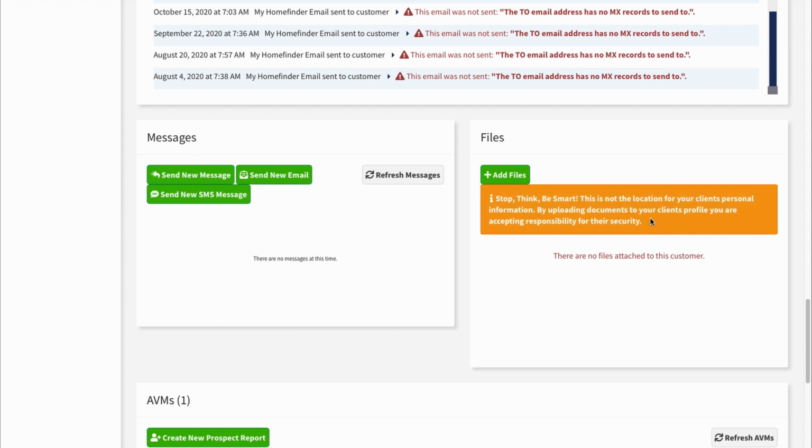We do give you the ability to store a file for this customer, but keep in mind that this system is not designed for storing things securely. So personal information and secure information is not something that you'll generally want to store here. However, if you do have some files related to this customer that you would like to store that are not of that nature,